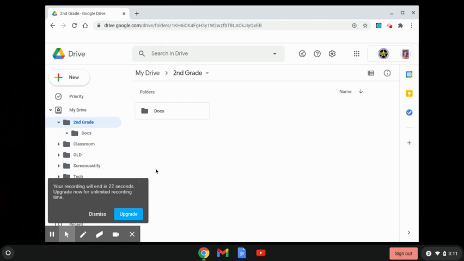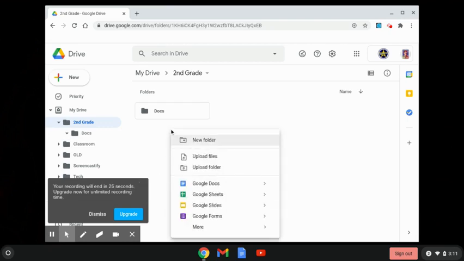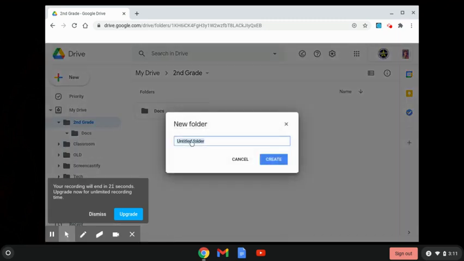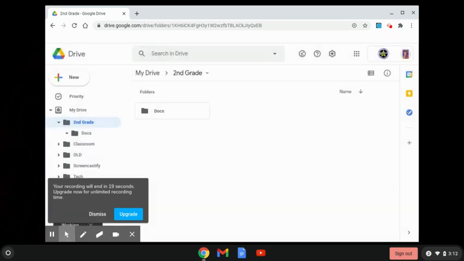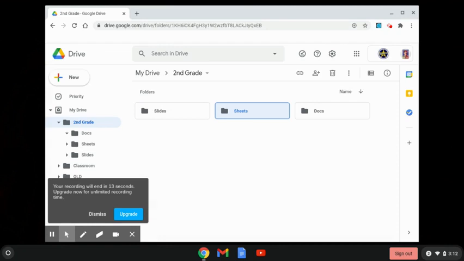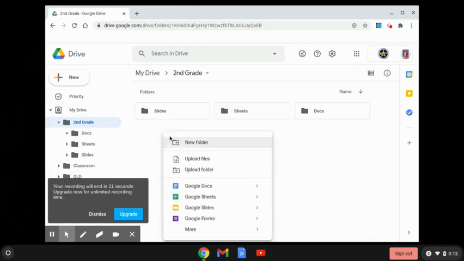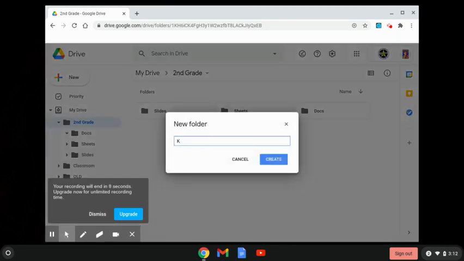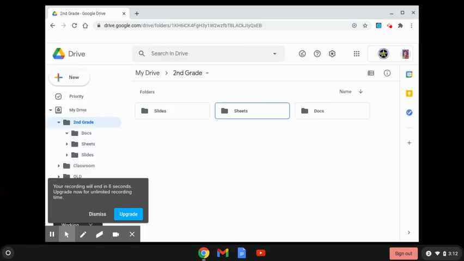So what I want you to do is create, and by the way, I could also two-finger click here in this white space, one for slides, one for sheets, and one for videos. Do that exercise, and then I want you